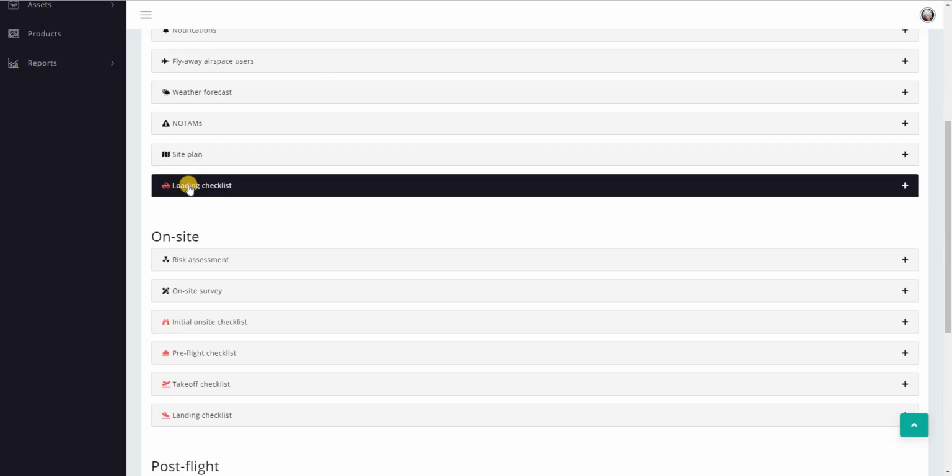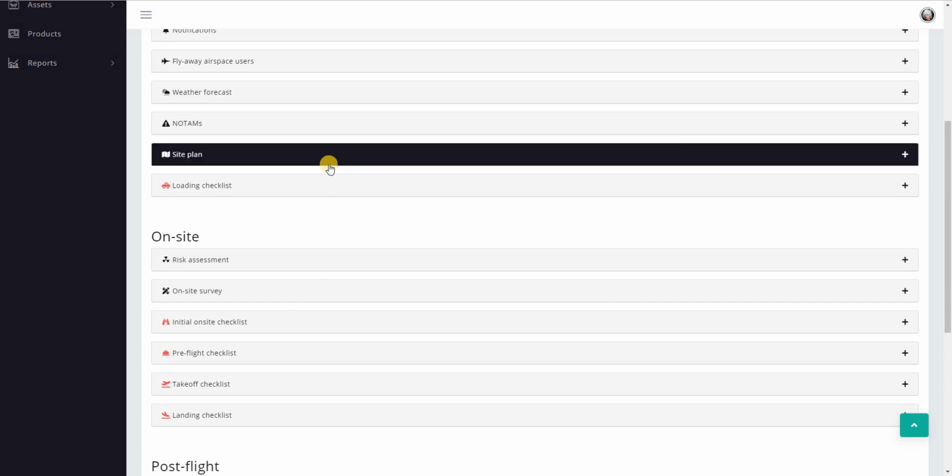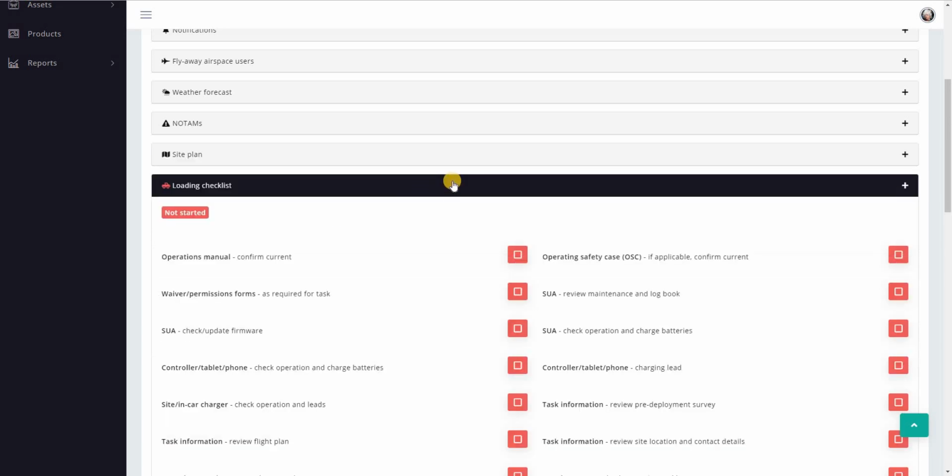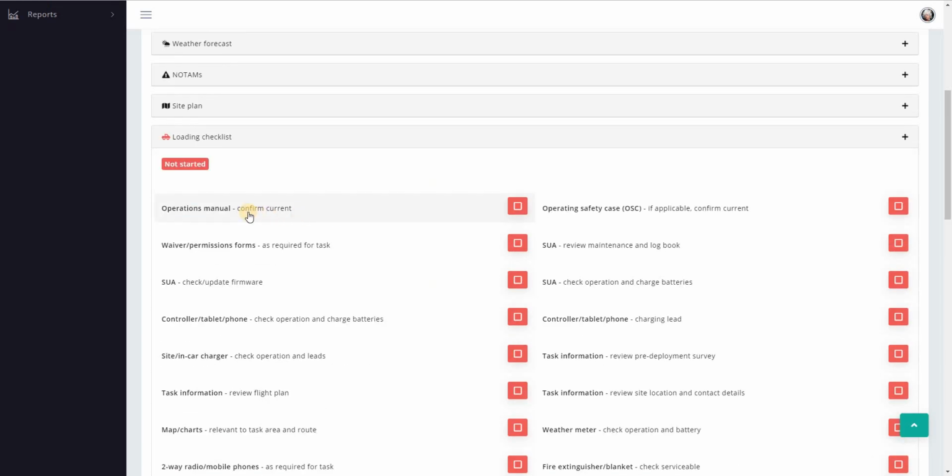And then finally, we've got loading checklist. First thing to point out is the little icon there is red. That's the same for all the checklists in here. And the reason it's red is because we haven't started it. What you'll see is as you work your way through the checklist and check things off,